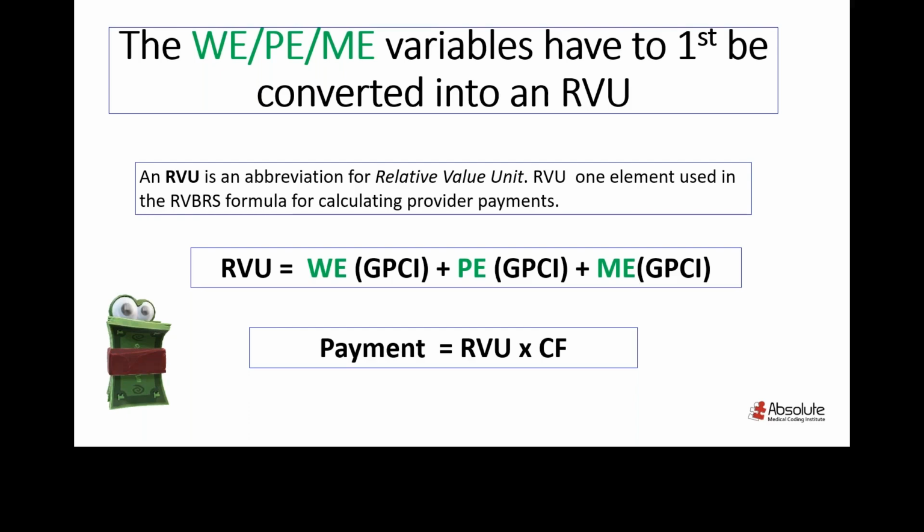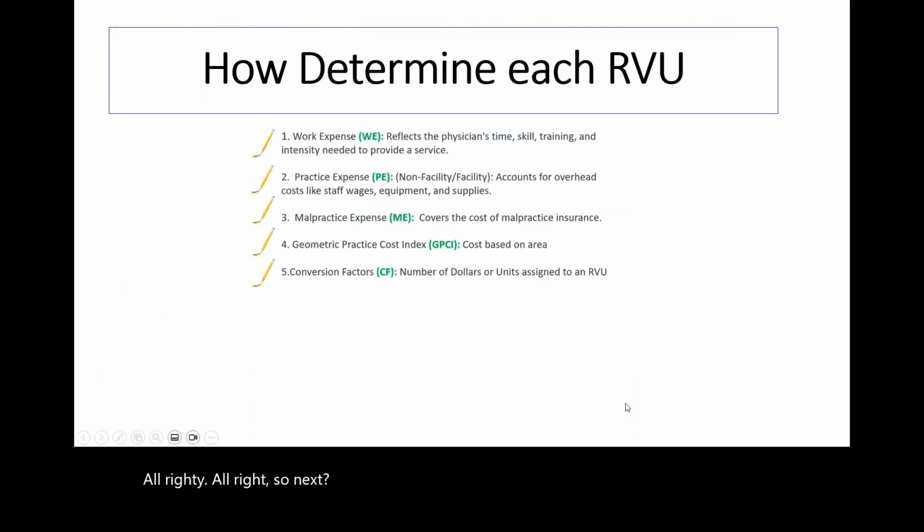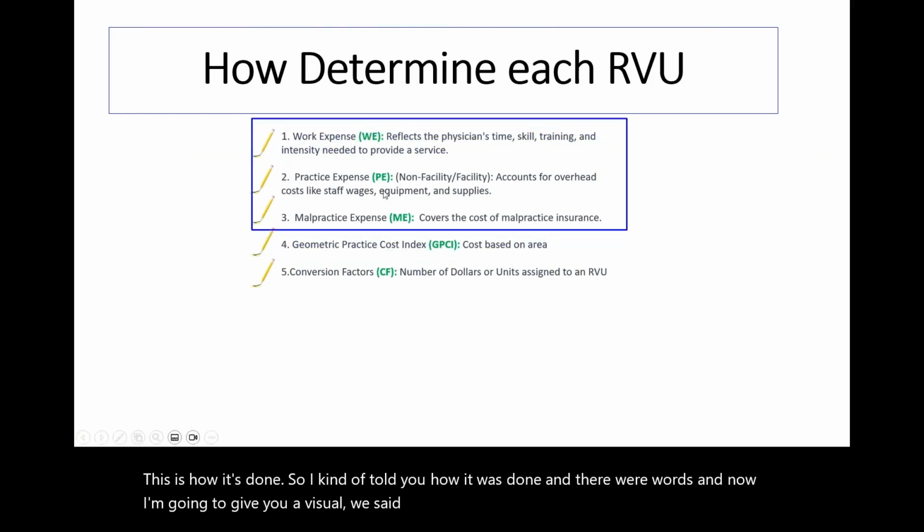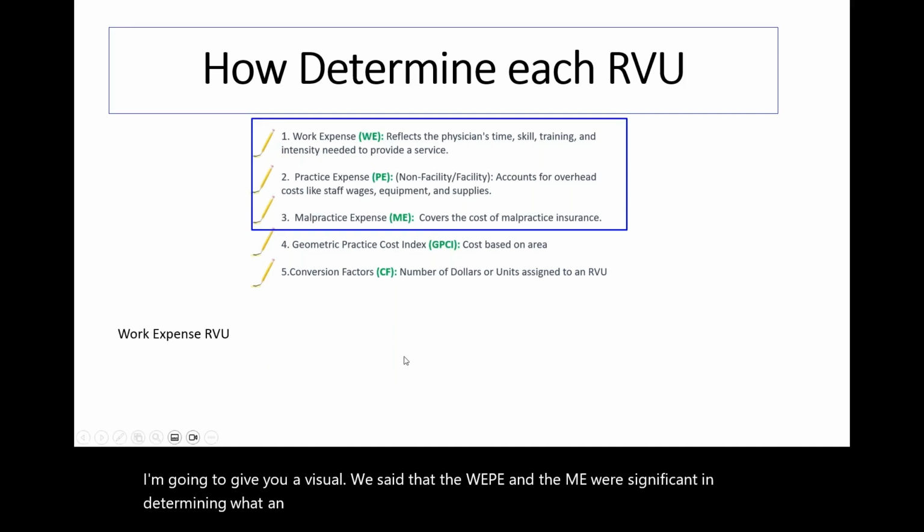All righty. So next, this is how it's done. So I kind of told you how it was done and there were words. Now I'm going to give you a visual. We said that the WE, PE, and the ME were significant in determining the RVUs, right? So your work expense